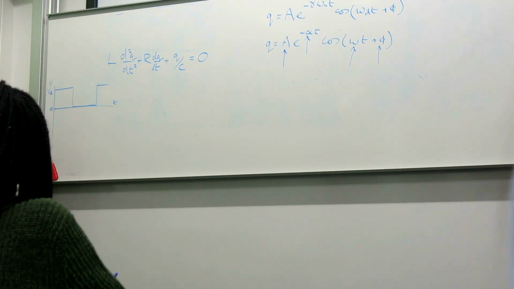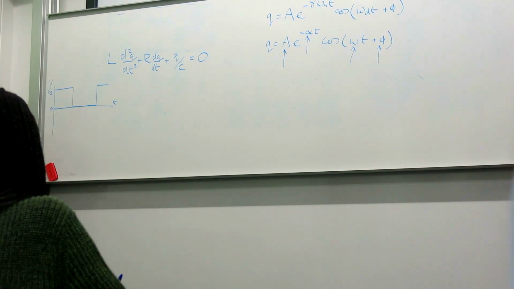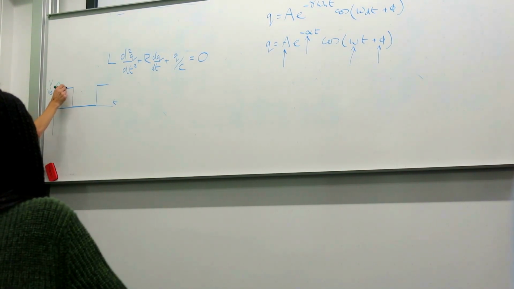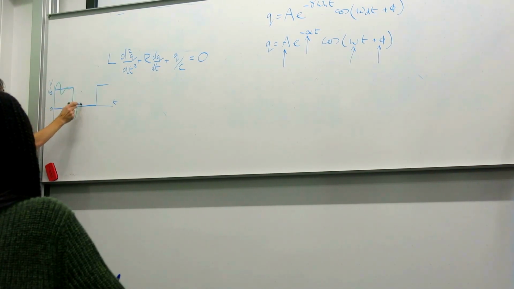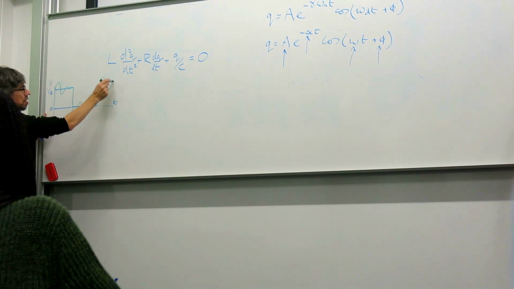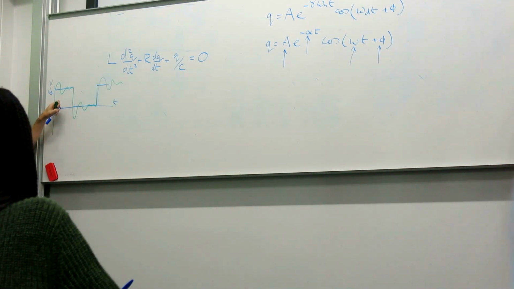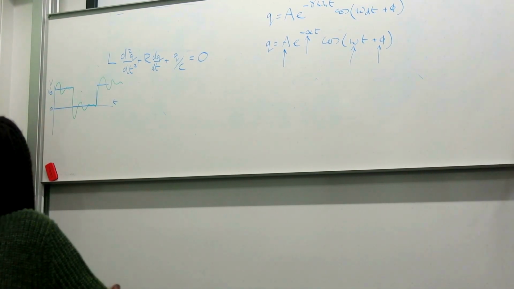So the square wave we're applying is kicking off oscillations, and the oscillations happen either side of the voltage of the square wave. So each time the square wave changes, it's kicking off a new set of these oscillations, which are known as free oscillations,